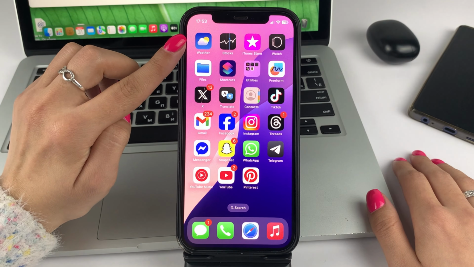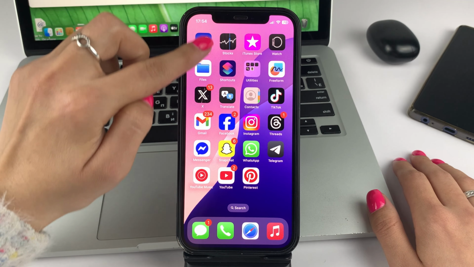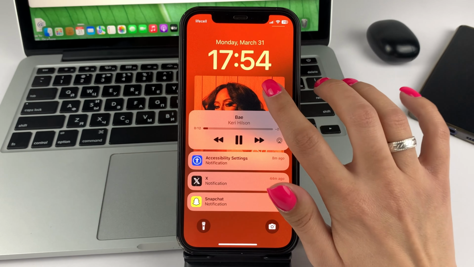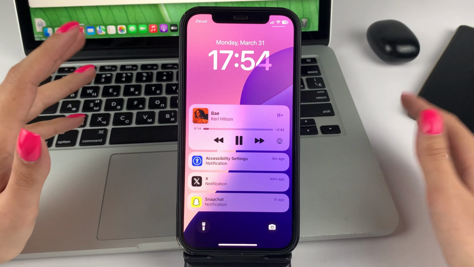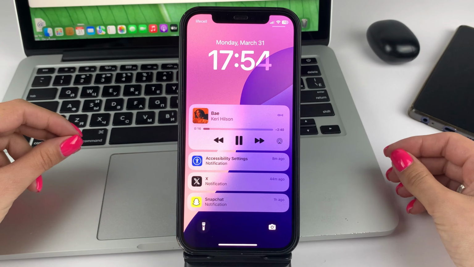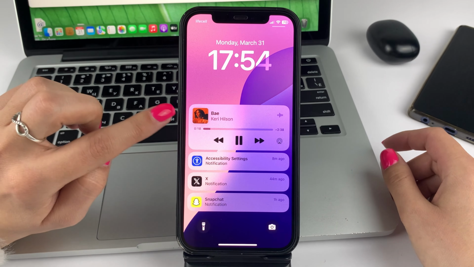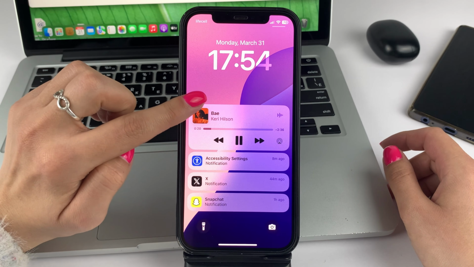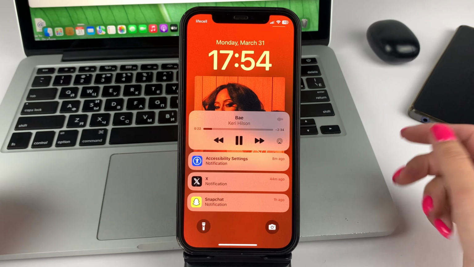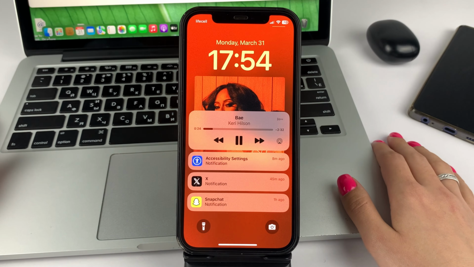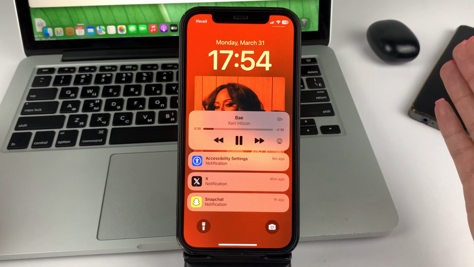swipe please on the left side across the screen. It's like this. And now, so you can show the album art or podcast cover art on the full screen. Just click on the image like this. As you can see, it's very pretty. Now it becomes full screen on the iPhone.